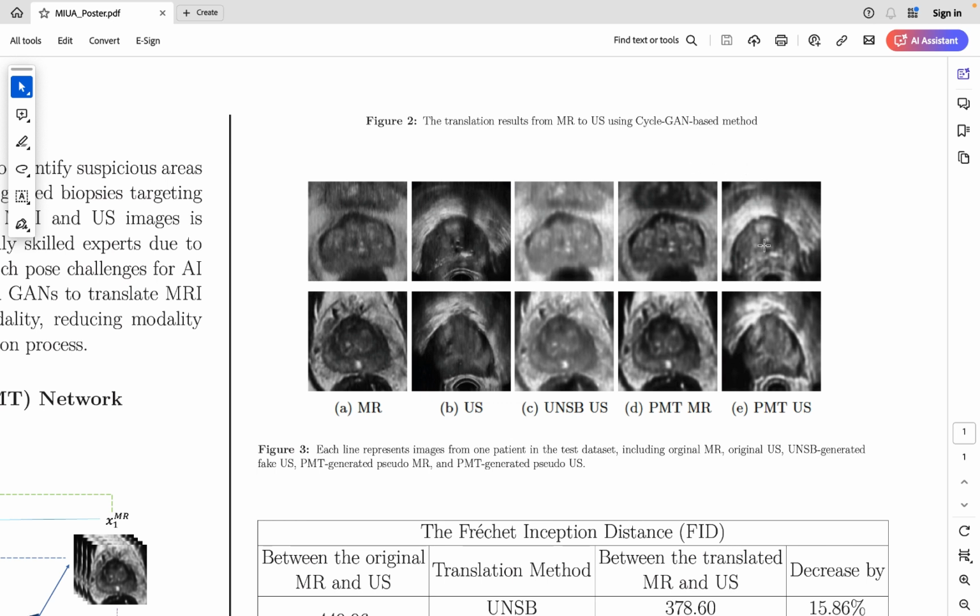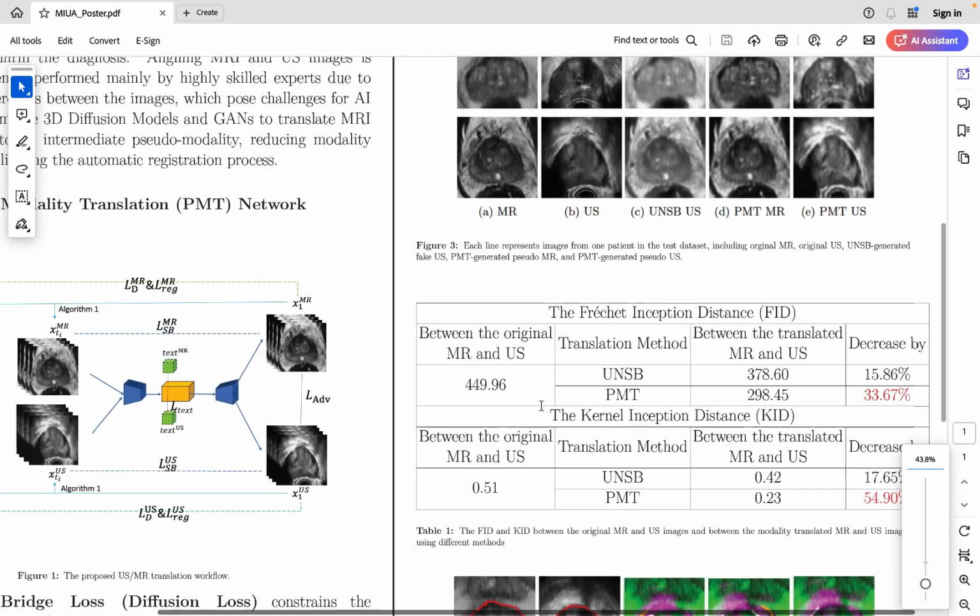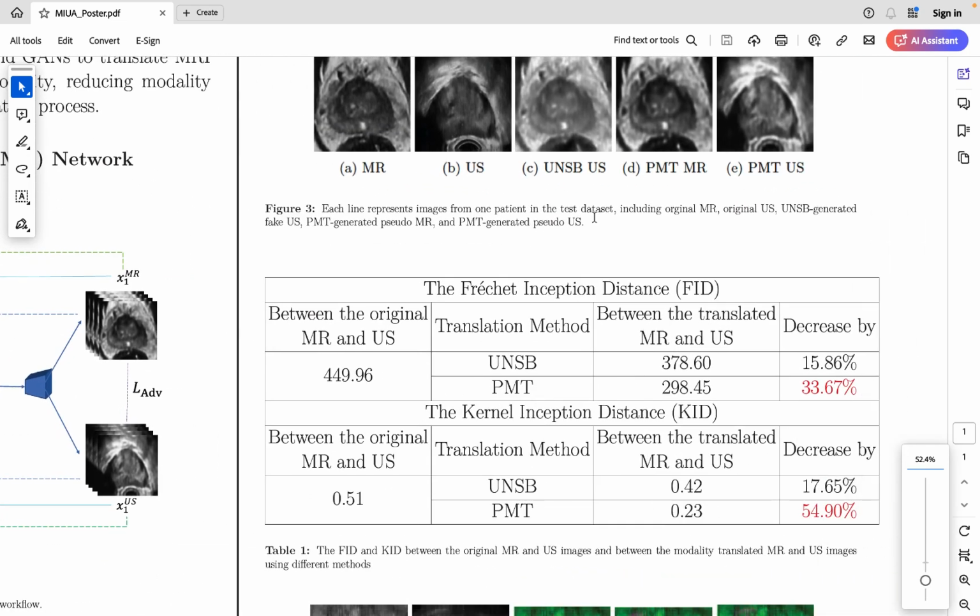They look like a single modality, and these two, the original MR and ultrasound, are easy to distinguish visually. And if we look at here, this result using a diffusion model-based method, these two also look very different. Yes, we also use some numerical results to prove our result is better than the baseline method, which is the FID and KID,